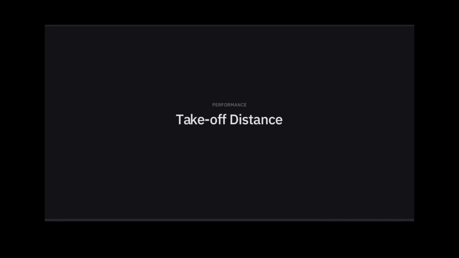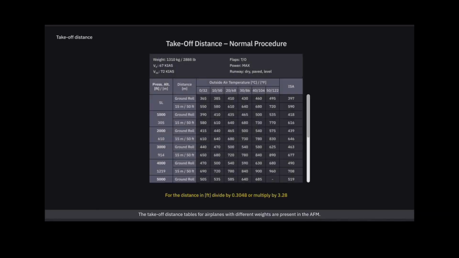Takeoff distance. The takeoff distance tables for airplanes with different weights are present in the airplane flight manual. As an example, the takeoff distance table for weight 1,310 kilograms is shown here. The pilot can estimate the ground roll distance and the takeoff distance over a 15 meters obstacle by referring to this table. Typically, the pilot needs pressure altitude,